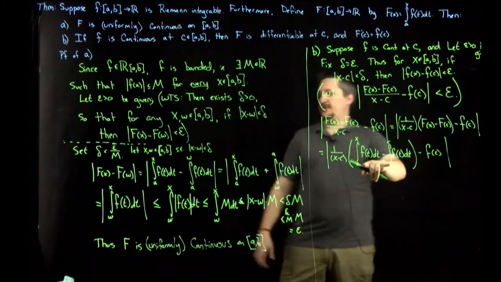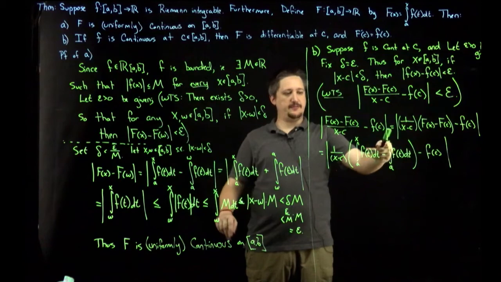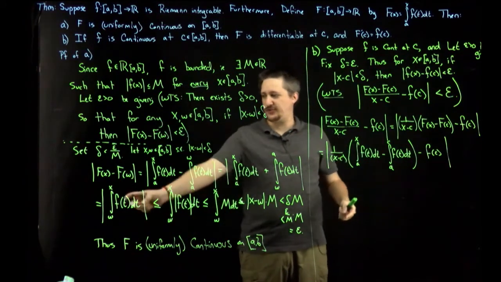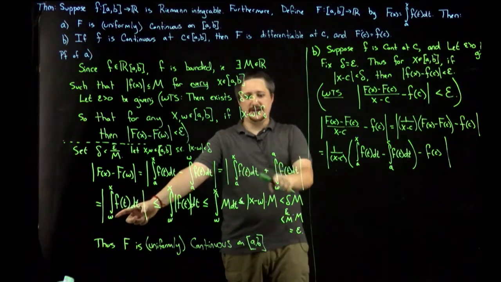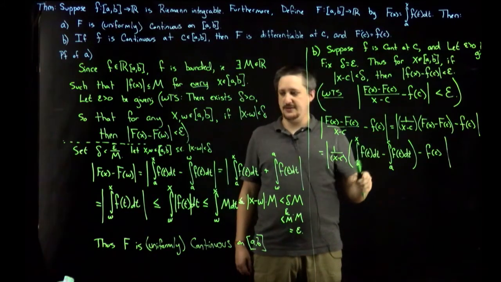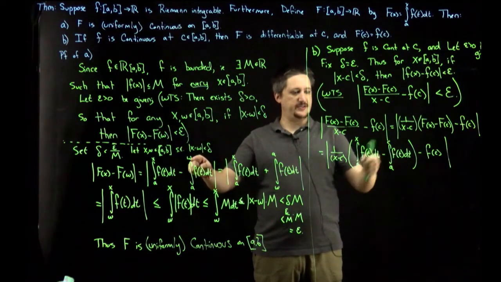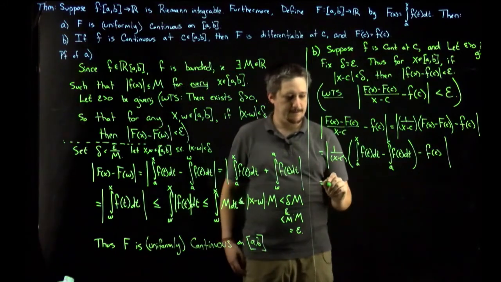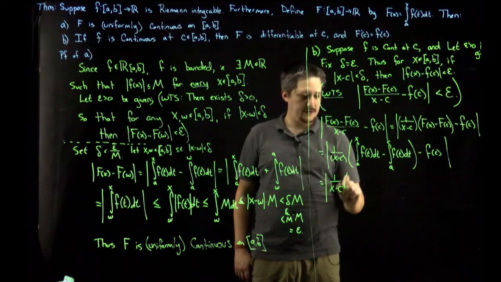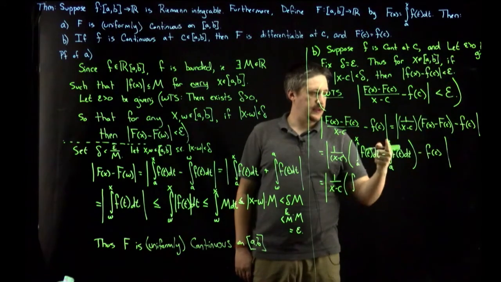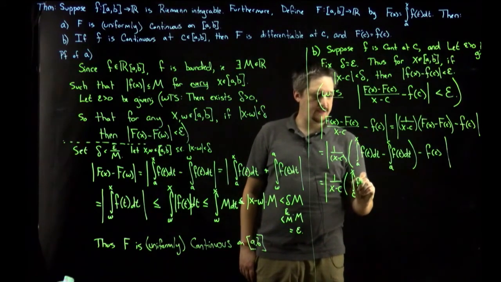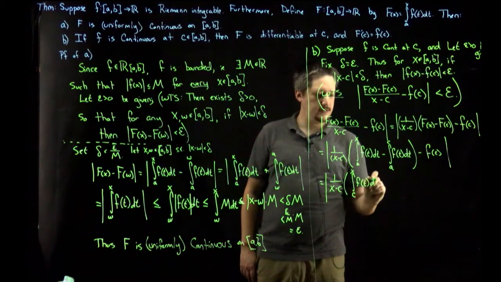So here I'm going to do the same trick I did over here, right? I could flip the bounds, make it a plus sign, kill off the middleman, and just go here. So if I have a to x, w to a, it becomes w to x. So here I have a to x, a to c, so it's going to become c to x. So this is 1 over x minus c times the integral from c to x of f of t dt